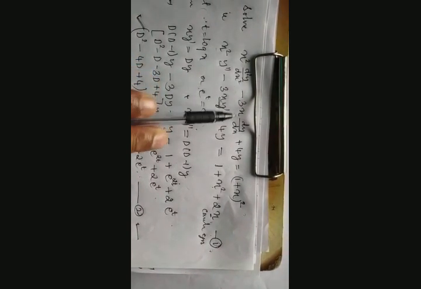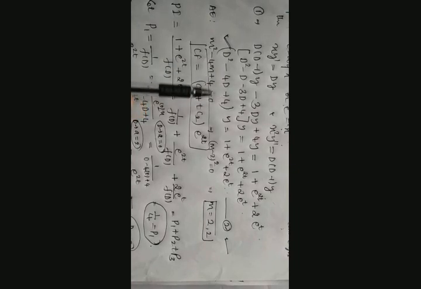I'll repeat the process once again. If this is the given differential equation, then what to do? We have to check whether it is Cauchy's or Legendre's. This is Cauchy's. So take the substitutions as per Cauchy's. Then substitute all these things to get equation number 2. After getting equation number 2, we observed that it is a differential equation with constant coefficients. We know how to solve this. So that we have taken.